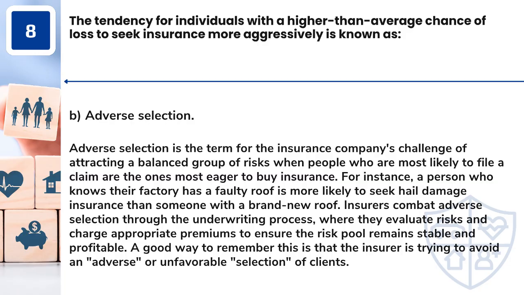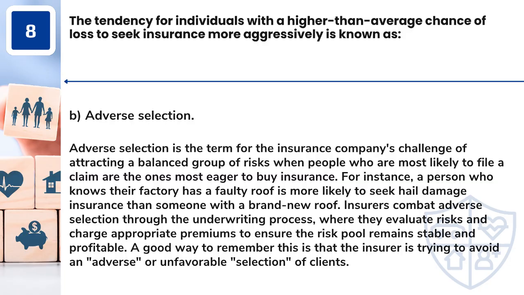Insurers combat adverse selection through the underwriting process, where they evaluate risks and charge appropriate premiums to ensure the risk pool remains stable and profitable. A good way to remember this is that the insurer is trying to avoid an adverse or unfavorable selection of